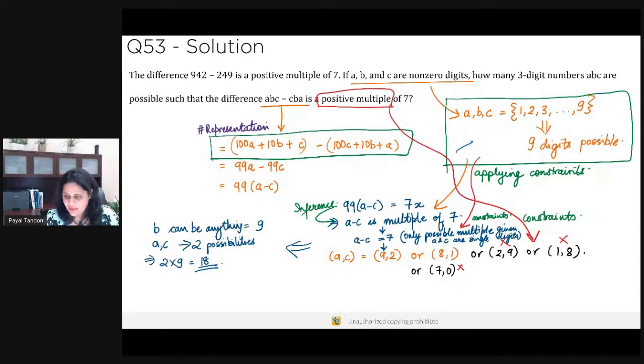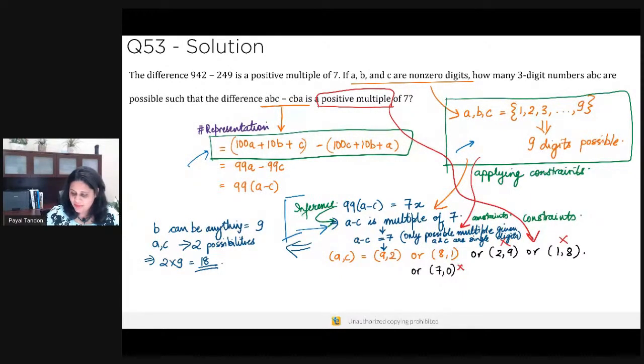This part over here, applying constraints. Okay, you need to identify the constraint. This part over here is simple concept application of number representation. Then over here, you had to draw an inference. 99A minus C is a multiple of 7, which means that A minus C is a multiple of 7. This is an inference that you had to draw. Okay. Now, other application of constraint: